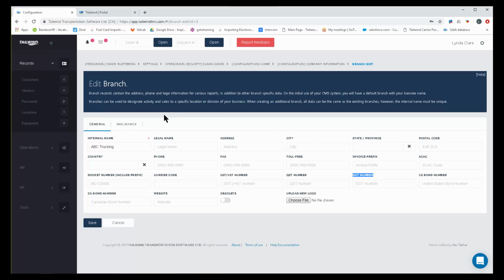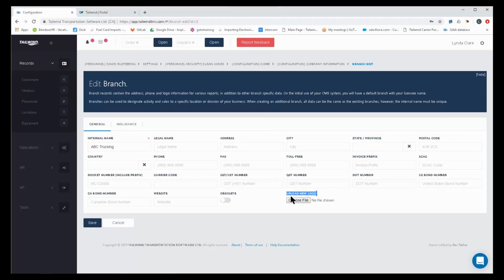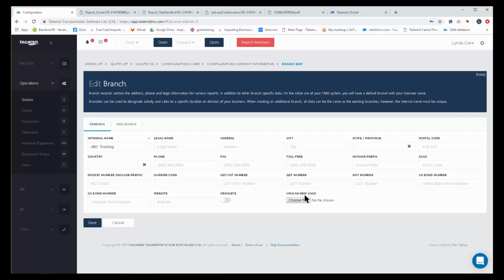The ability for you to brand your software. Uploading a logo, hitting choose file will send you out to your computer for wherever you might have your logo stored, so that now your reports can be branded with your logo. Throughout the application, there are multiple reports, invoices, load confirmations, trip manifests that are going to be very useful to you. Let's look at a couple of examples so you understand what I mean when I talk to you about